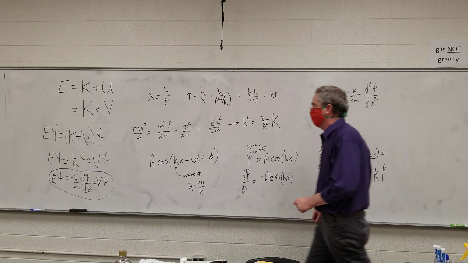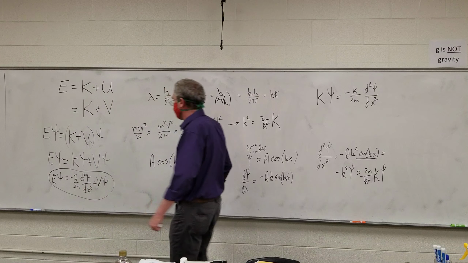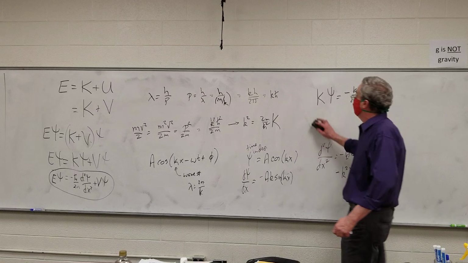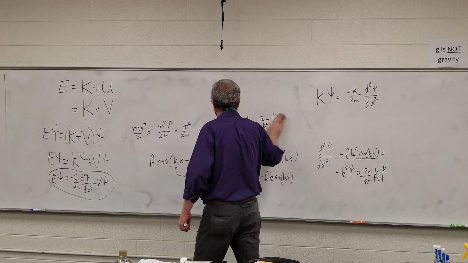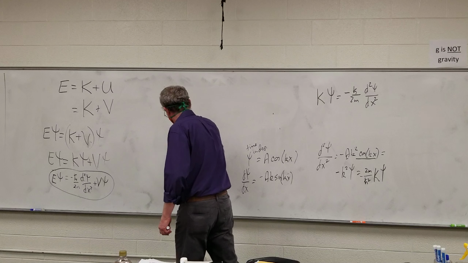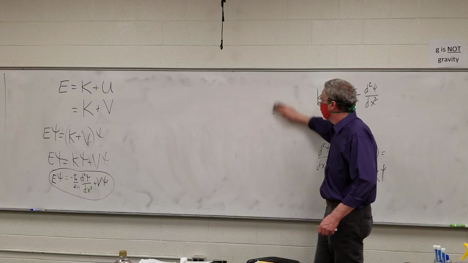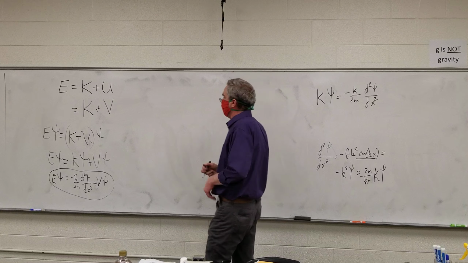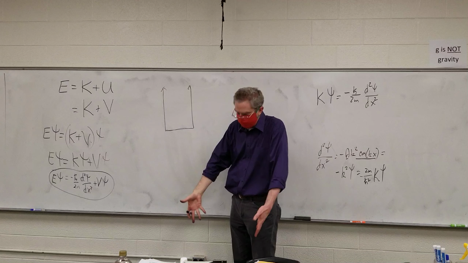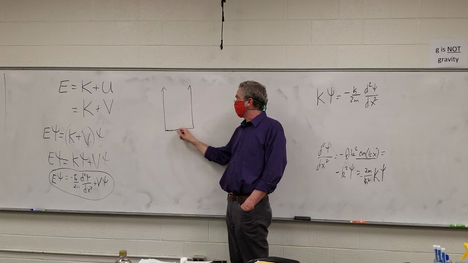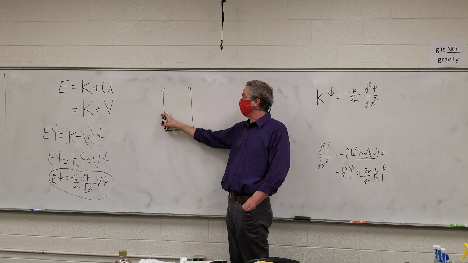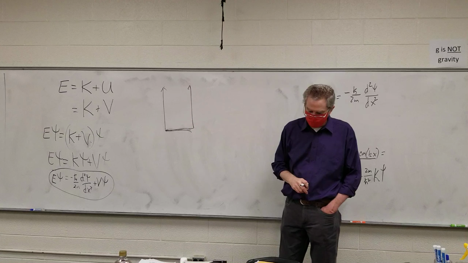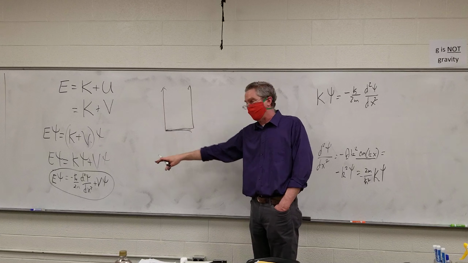I'm going to skip over some massive derivations here. I'm sorry. So for example, if I talk about the infinite square well, a square well is one in which the potential is infinitely big going up the sides and it's zero in between. Just picture a well, and I've got basically nothing blocking my particle down here, but there's no way it can escape. I want you to figure out what wave function, using this equation right here, would describe it.